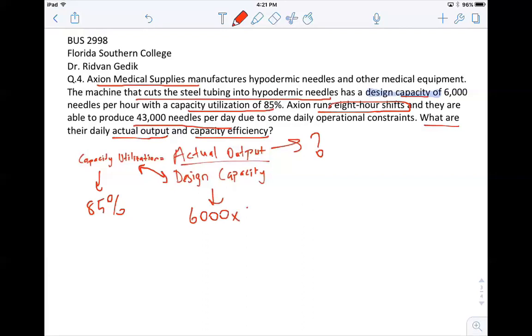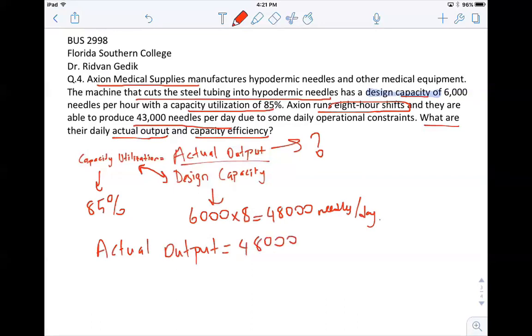Therefore, we can multiply this by 8, and this is actually their design capacity, 48,000 needles per day. And therefore, their actual output can be very easily calculated: 48,000 times 0.85. This number is their daily output. It looks like it is 40,800